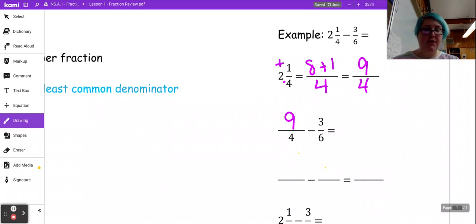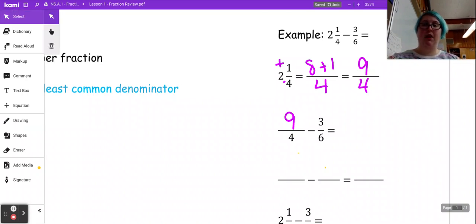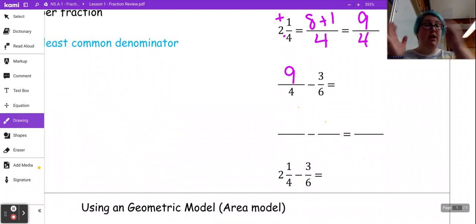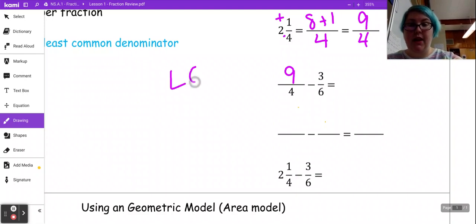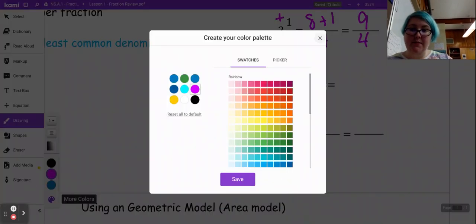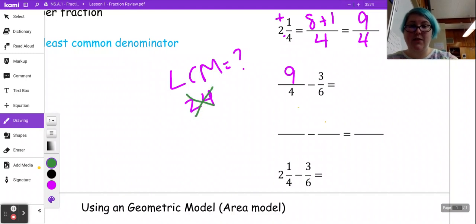Ooh, we have different numbers on the bottom. So now we have to convert those into the exact same number so that we can just do the subtraction on the top. Now, we need to, again, find the LCM. You could use 24. That would work. However, that's not the LCM here. Spoiler alert, the LCM is actually 12, which is a smaller number, easier to work with. So I'm going to use 12